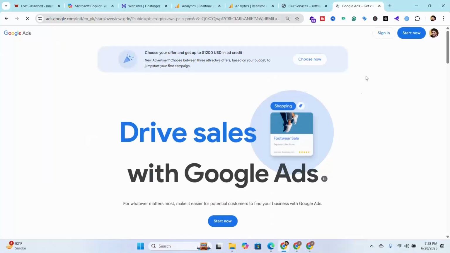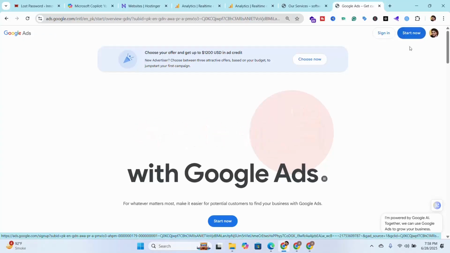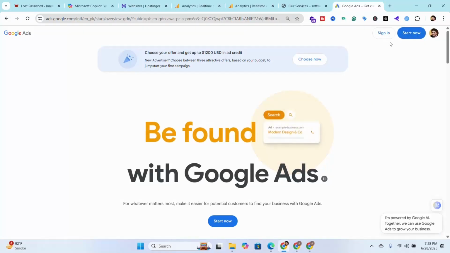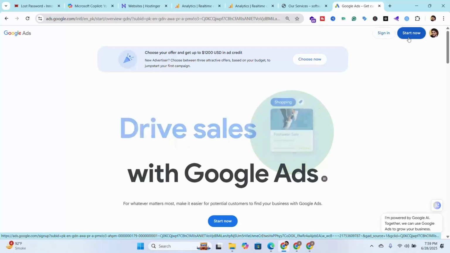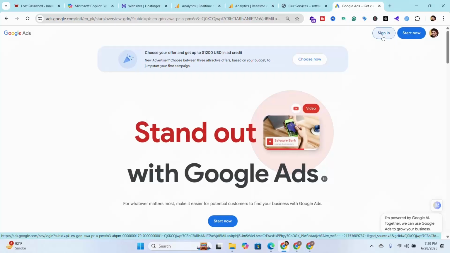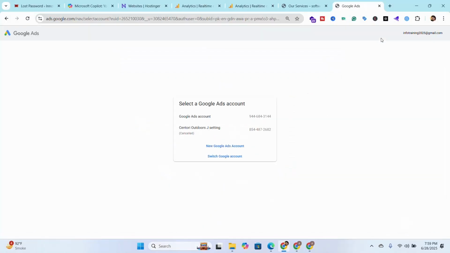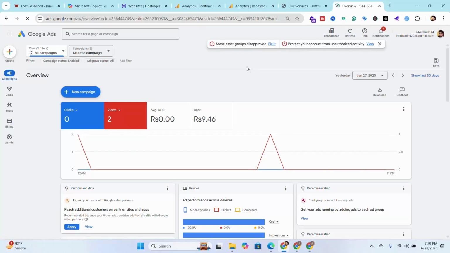After that, you have two options. One is Sign in and the second one is Start now. If you have a Google Ads account, you just need to click Sign in. Otherwise, you need to click Start now. So I can just click the Sign in button, and this is my account. I just click here now. All the information is already stored in my Gmail account,